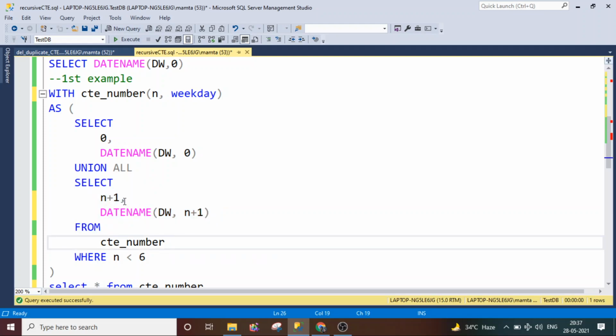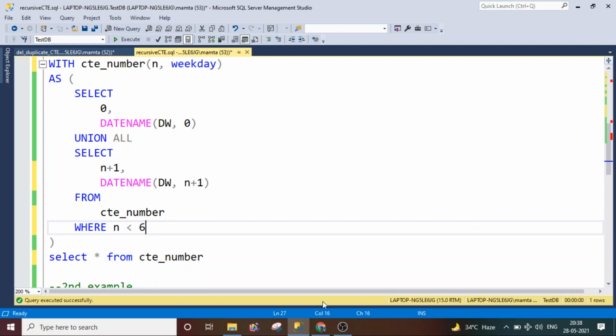So how can we increment? Here we have the increment. We want the index to be incremented, right? We want Monday to be displayed at the 0 index, then we want Tuesday to be displayed at the 1 index. So we want this value to be incremented. And for how this loop will be executed, we need to provide one condition as well. We want this loop to be executed until the number is less than 6, because there are 7 days, I mean from 0 to 6: 0, 1, 2, 3, 4, 5, 6. And once it is done, we want to extract all the data.